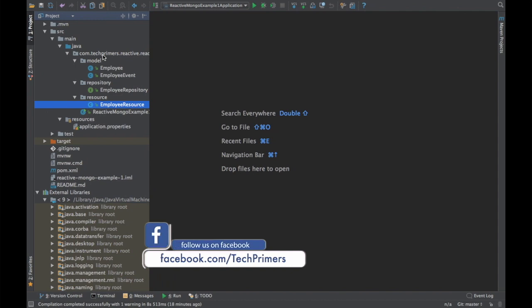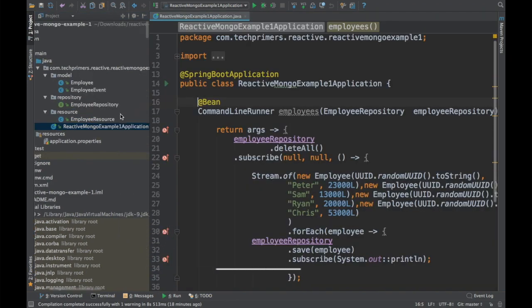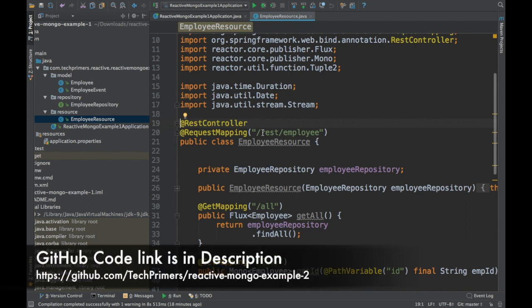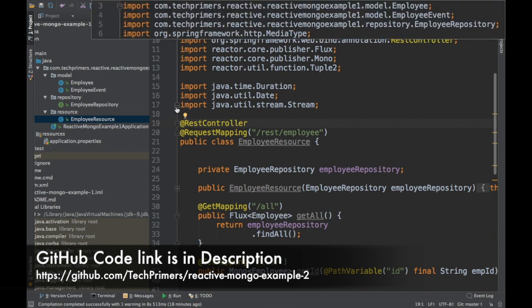Reactive Programming. So if you haven't seen that particular video, go ahead and see that because this is just a continuation video from the previous video. So you might not understand any of it if you are just starting with this particular video. So I would strongly recommend you to see the Spring Reactive first video where we created a project with employee